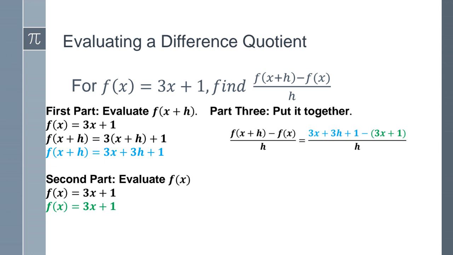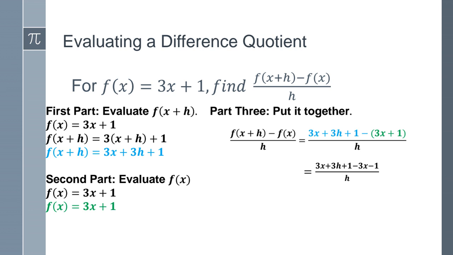So let's go ahead and simplify our numerator, okay? So we're going to do that by distributing that negative sign. So a negative times a 3x is a negative 3x. A negative times a positive 1 is that negative 1. Now we have to say to ourselves, can we simplify by combining any like terms now on the numerator? And the answer would be yes, right? If you see here, we have